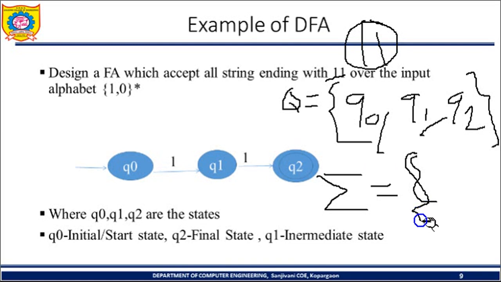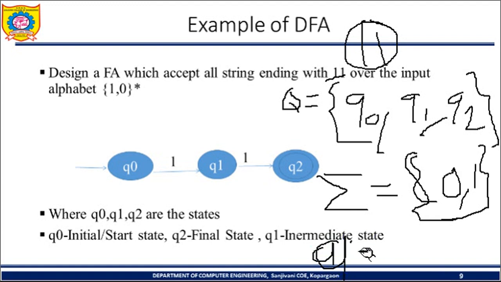So the tuples: the set of input alphabets is 0 and 1. So the second one is over. Now the third tuple, the initial state. Here we are going to consider Q0 as the initial state. It is not necessary that Q0 is always the initial state, that depends on you, but let us consider Q0 as the initial or start state of the machine. Okay, the third tuple is over. Now the fourth one, delta. We are going to draw that delta by means of a transition diagram or transition table. And the last one is the final state. So finally we will decide the final state.